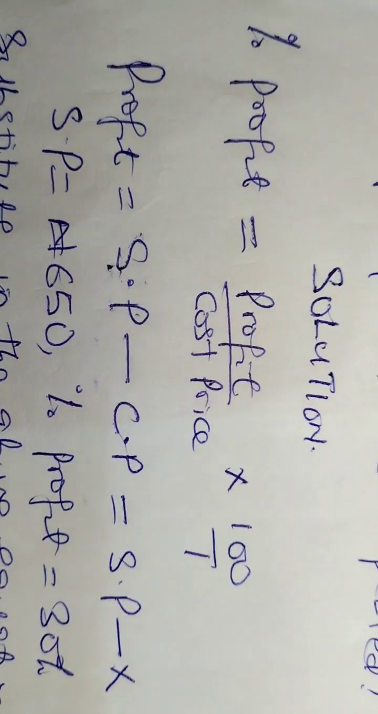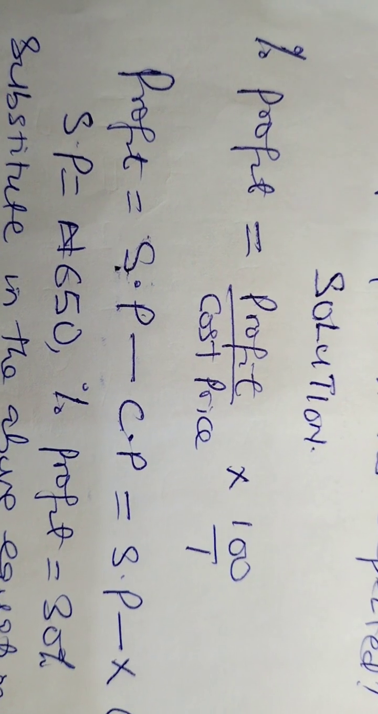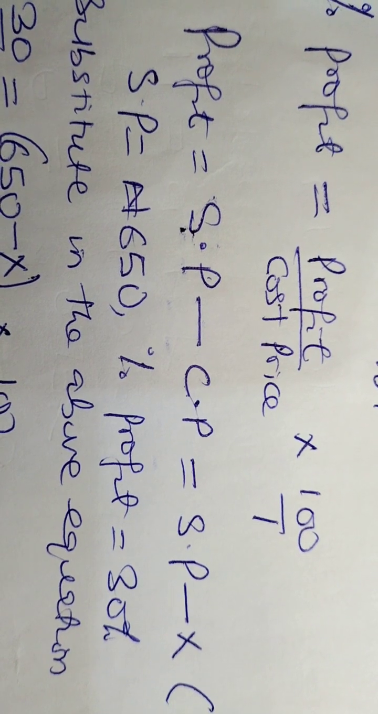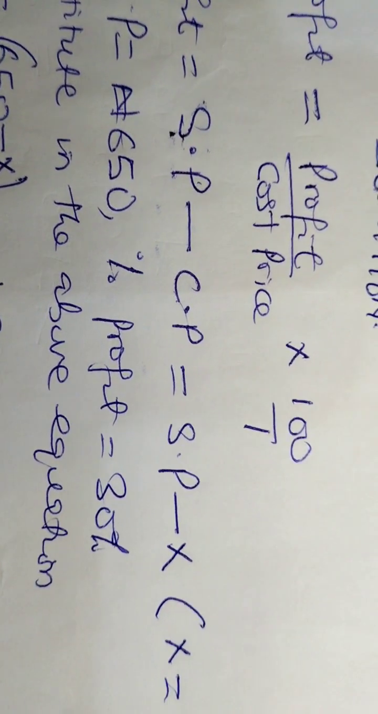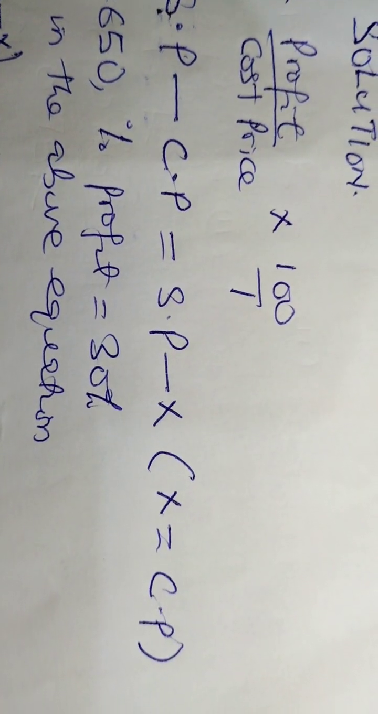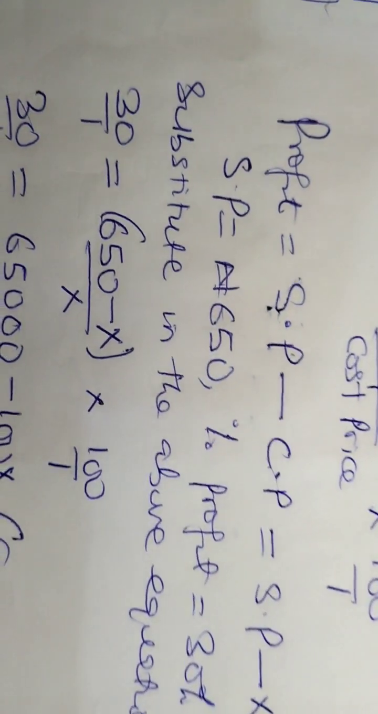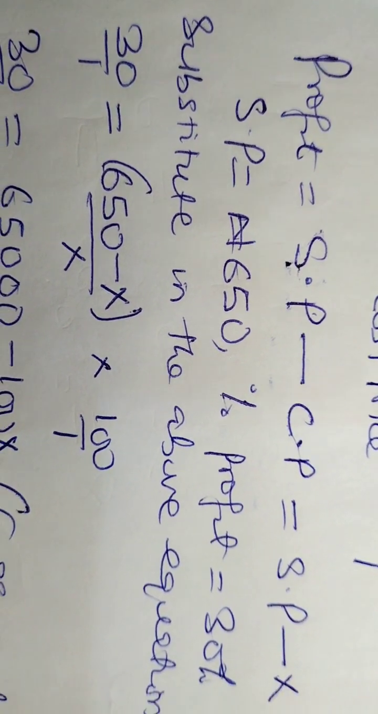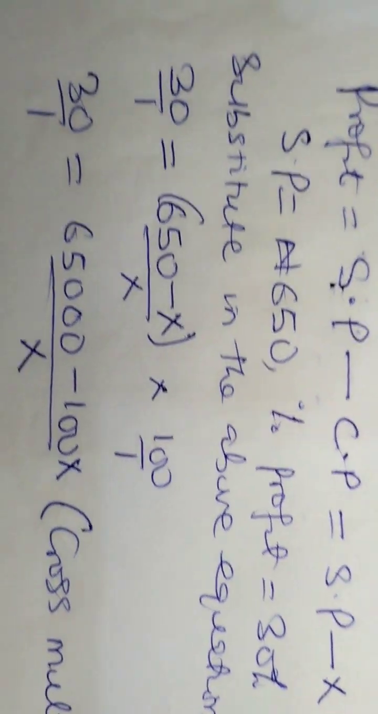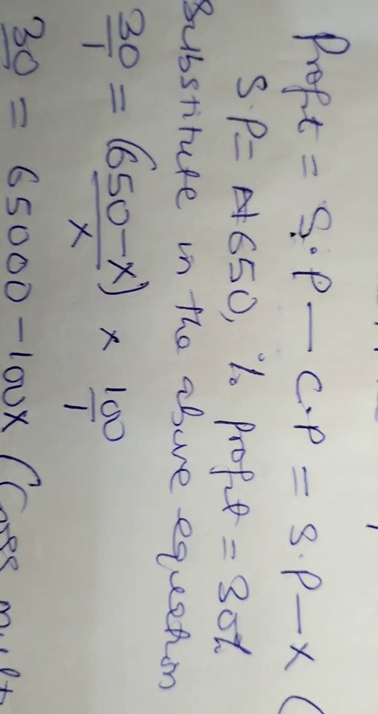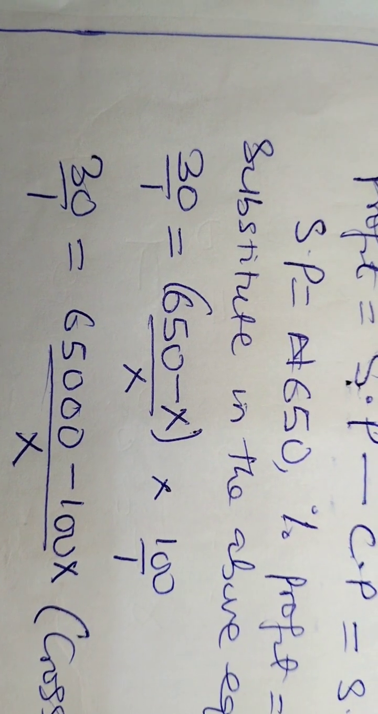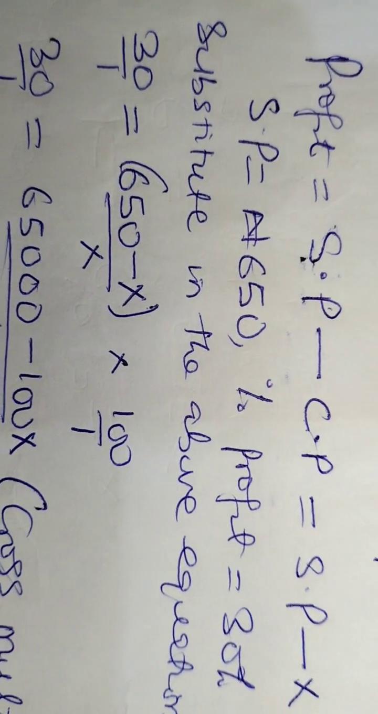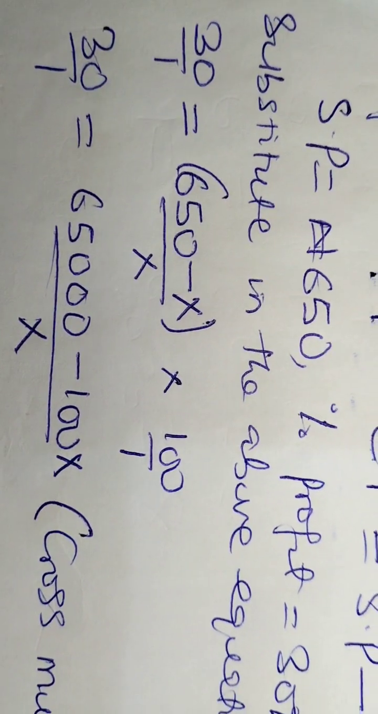Solution: percentage profit is gained by profit all over cost price times 100 over 1. And then profit itself is nothing but selling price, SP, minus cost price, which is going to be SP minus S, taking our cost price to be equal to S. Then from the equation given to us, the selling price is 650 naira. Percentage profit is 30%. We substitute in the above equation. We now have percentage profit 30 over 1, equal to the profit, which is selling price, that is 650, minus cost price, which is taken as S,